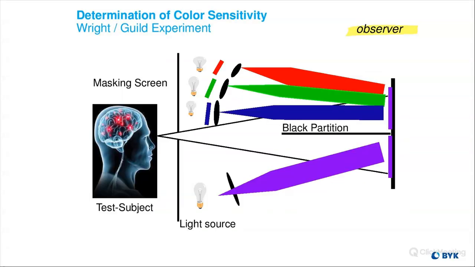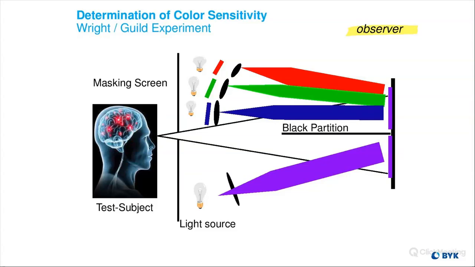And so the idea was, if you were to look through this partition, through this wall, or this aperture through this wall, on one side you have a color that you're trying to replicate, and on the other side you have a blue lamp, a green lamp, and a red lamp. You're mixing those colors together by different powers in order to create the purple color that you're seeing on the other side of this black partition.